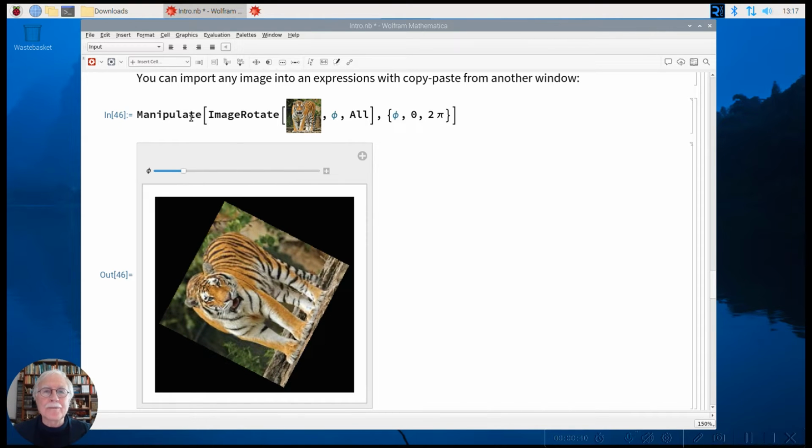It's plain English. Manipulate, image rotate of the image tiger over the image phi, make the surrounding so that it covers all of the image, and phi runs from 0 to 2 pi. You see the curly brackets for a list, you see the square brackets for a function, and if we want